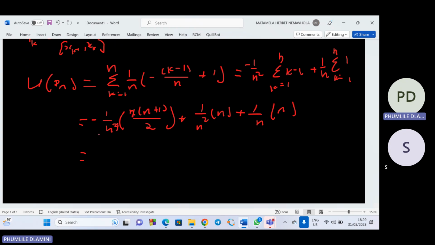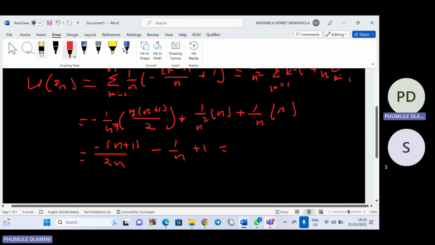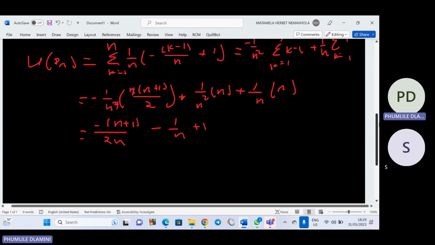Then we're going to remain with minus (n plus 1) over 2n, which is also minus 1 over n and plus 1. Even if I stop here, there is no need for me to keep going further. I can leave the answer like this, because for this question I have to prove that this